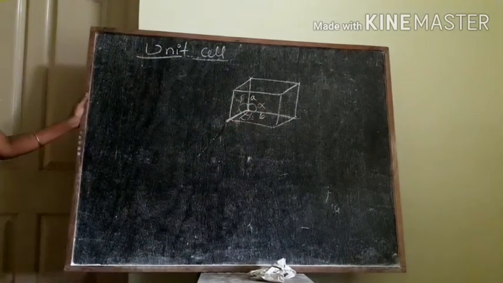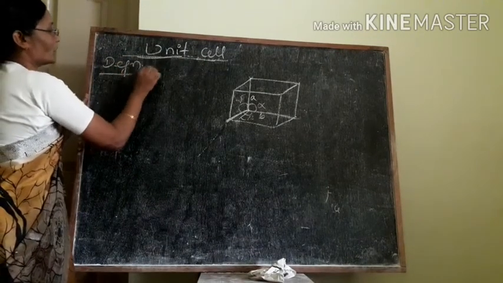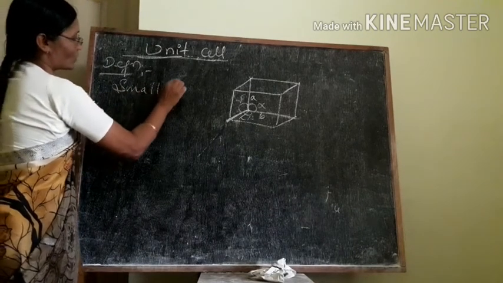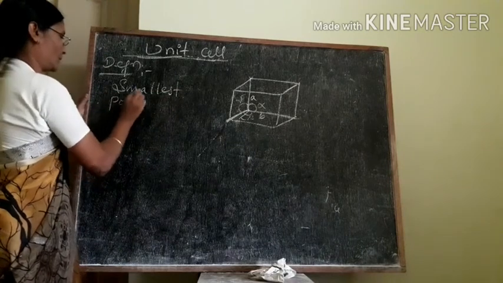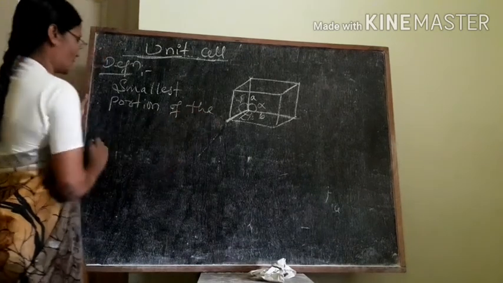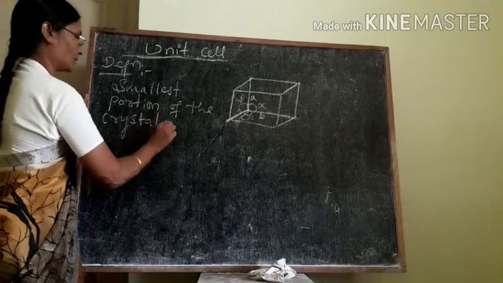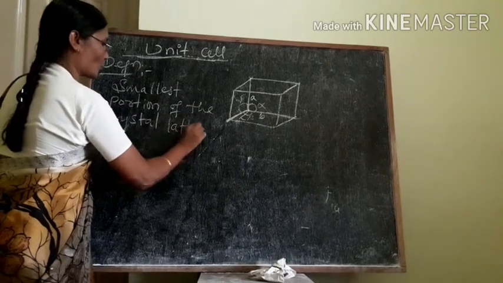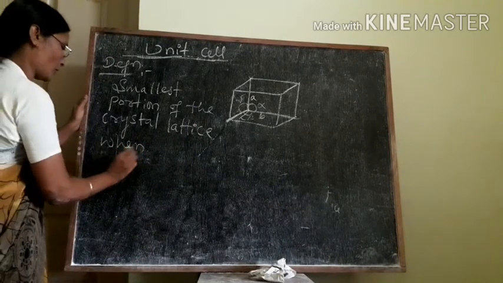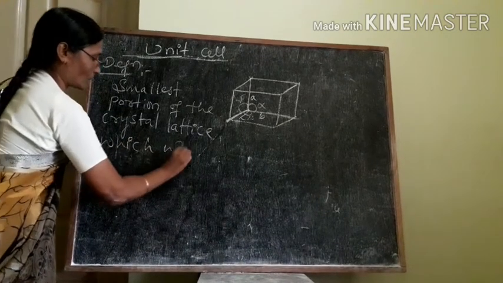Somewhat important definition. What do you mean by unit cell? This is the smallest portion of the crystal lattice. Already we have represented the smallest portion of the crystal lattice, which when